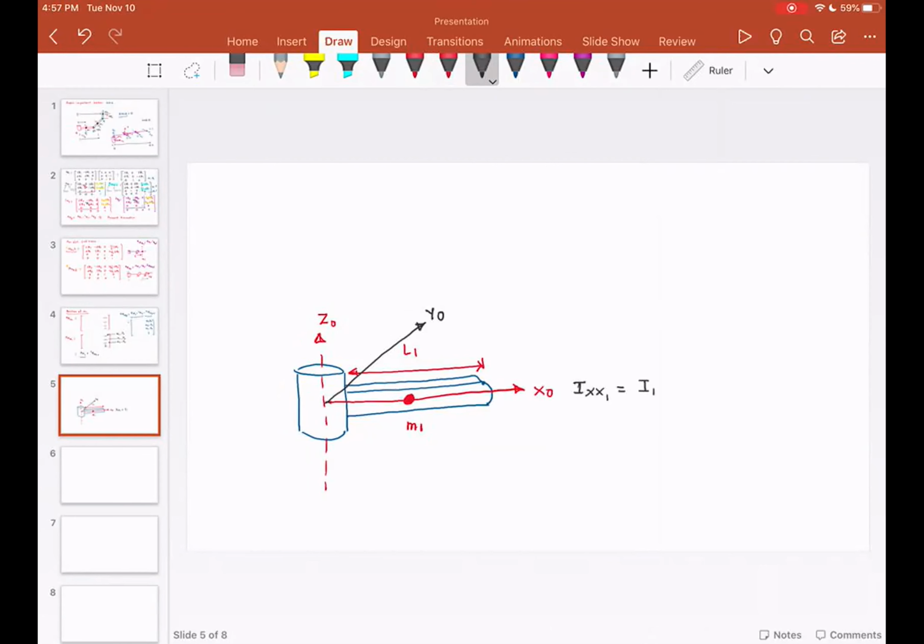IYY1 is nothing but I1. Now the question is, what is going to be IZZ1? So the question is for IZZ1,